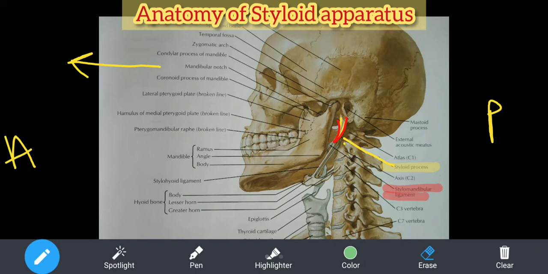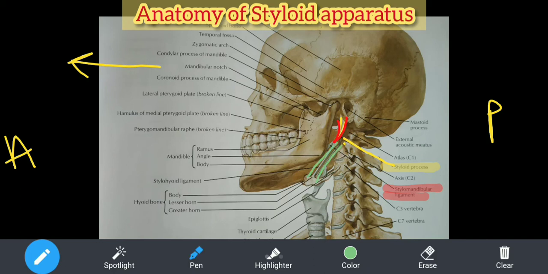Styloid process पासून mandible पर्यंत आहे. So when you learn the mandible bone in detail, you come to know where on the mandible this stylomandibular ligament is attached. And second is stylohyoid. Now this is the hyoid bone. Yes or no? So from the styloid process to the hyoid. And now you will say there are two, this one on either side. ये इधर का है और ये पीछे का है.